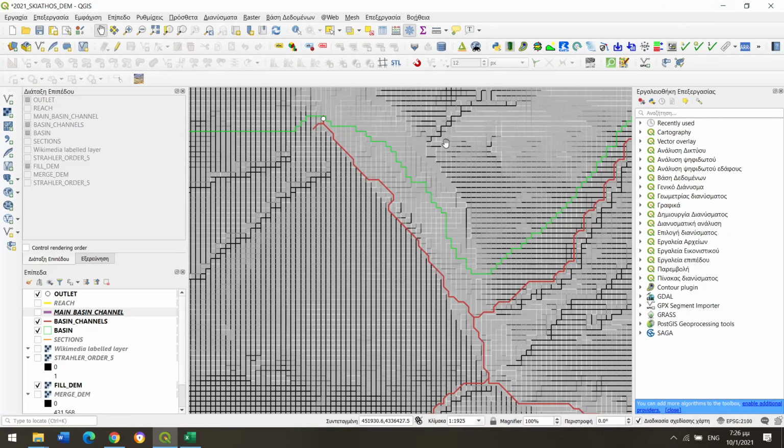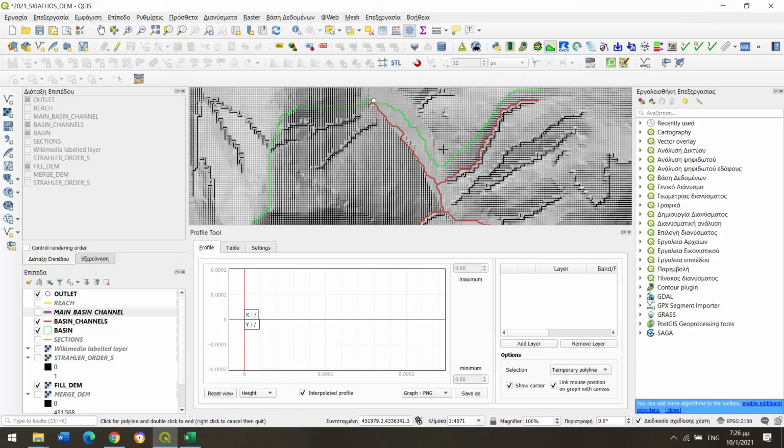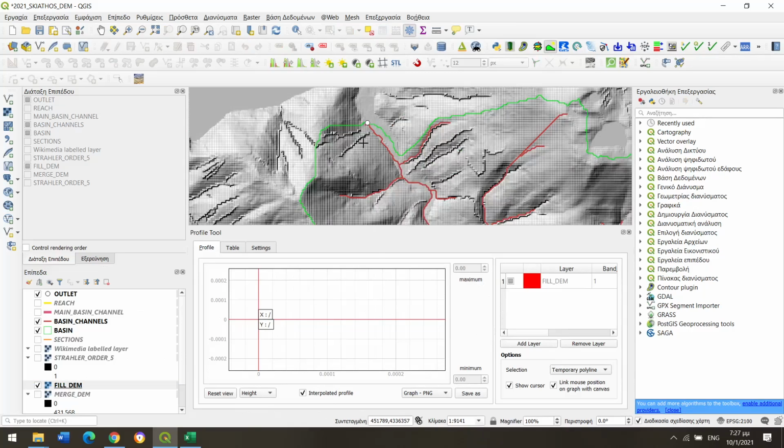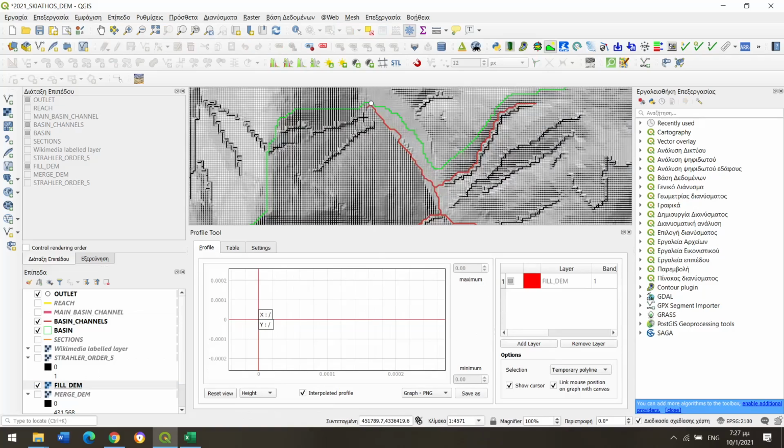So how is it done with QGIS? That is a very simple technique. If we have from the add-ins the terrain profile tool, we click on the terrain profile tool, we select the FieldM layer as our layer that informs about elevations, and we draw cross sections on the main channel. Simply by clicking like this,